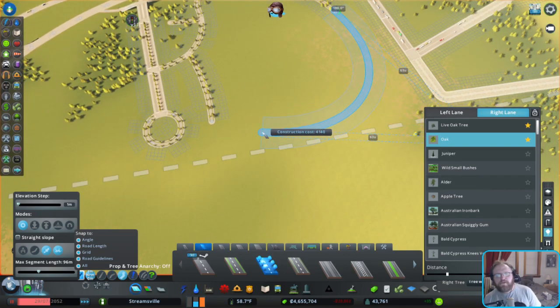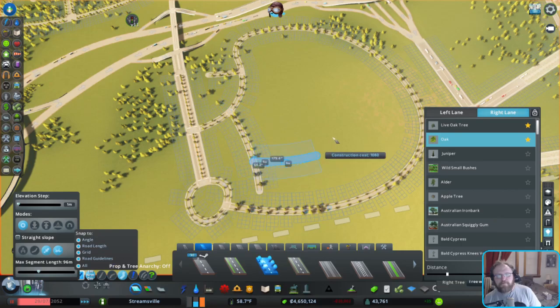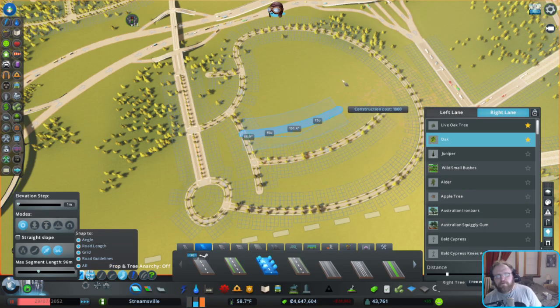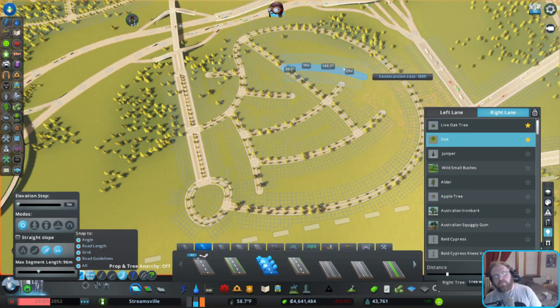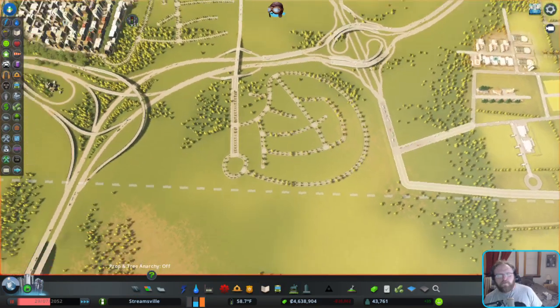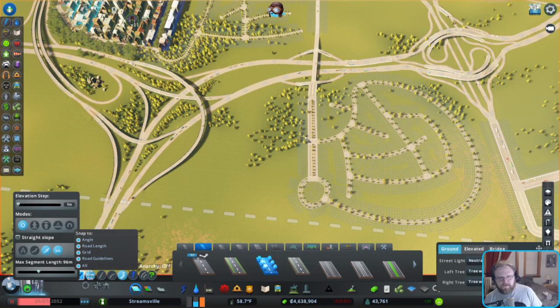So we're going to put a big old loop around here. Then build these offices, kind of freeform. And this will all be kind of a goofy office park, but this will give us plenty of space